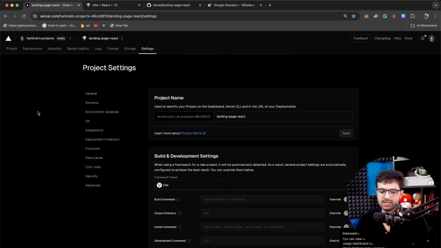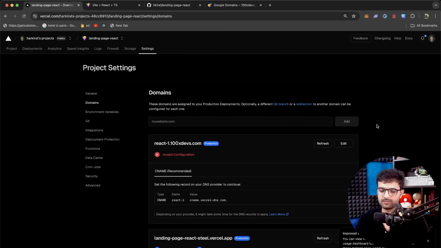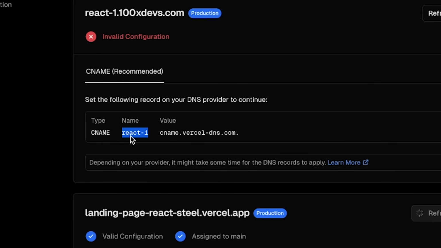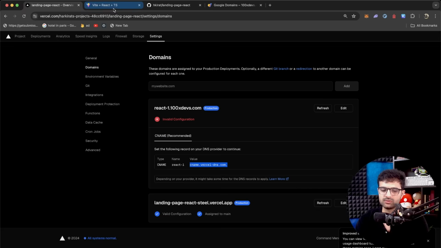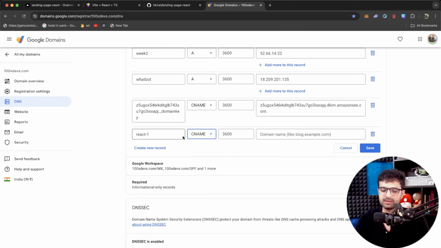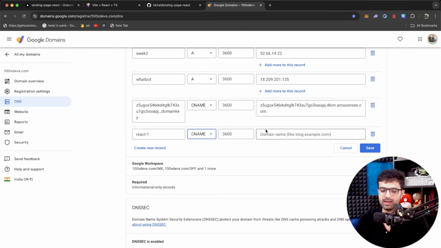If I click on settings, click on domains and add a domain here called react-1.100xdevs.com. It tells me, okay, hey, please add a CNAME record to react-1 that points to this value. So if I go here, the value needs to be CNAME. It is not an A record, it's a CNAME record. That's what Vercel told us here. And what is the value of this? It's cname.vercel-dns.com. If I click on save now,